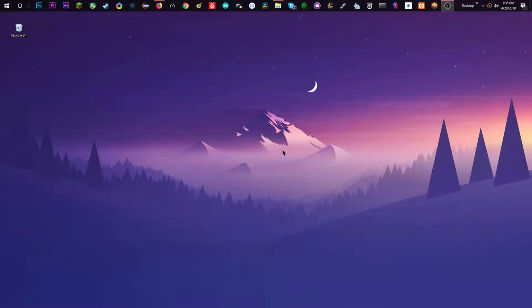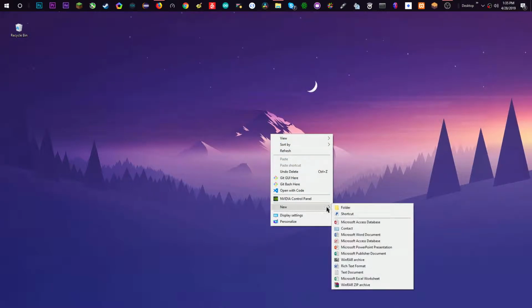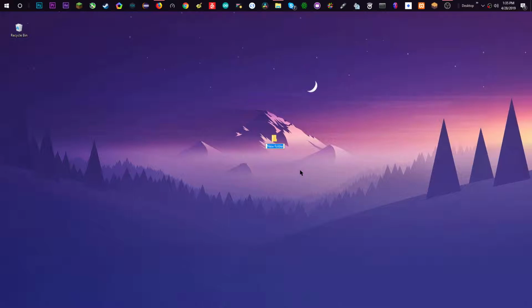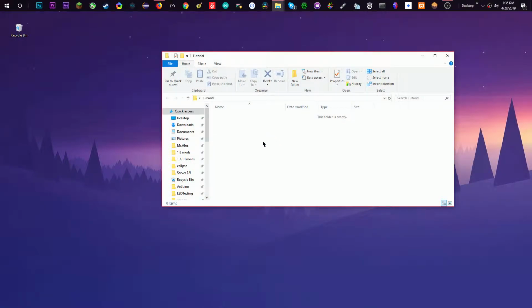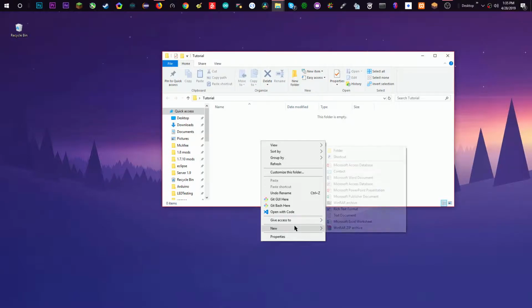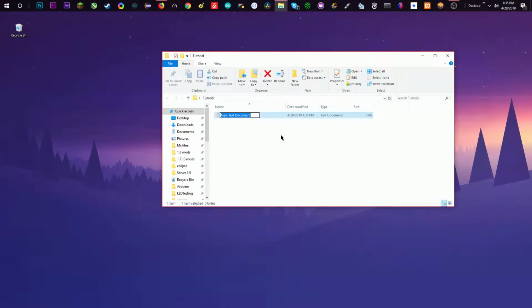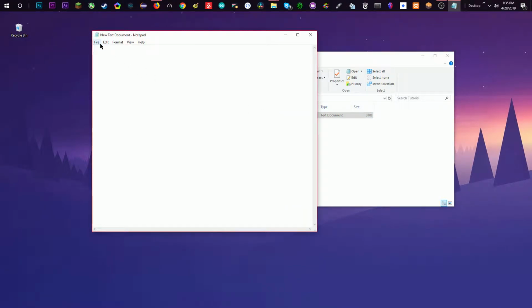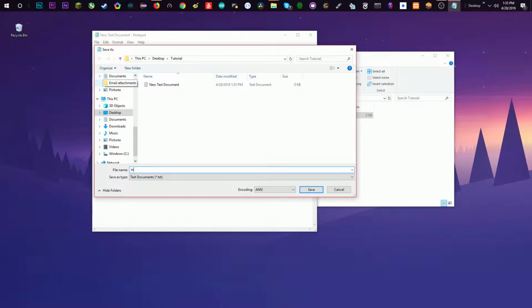The first thing you want to do is create a new file on your desktop. Name it whatever you want. From here, open up your new file and we're going to create a new text document. Once you create a new text document, open up that text document and then do File, Save As, name it